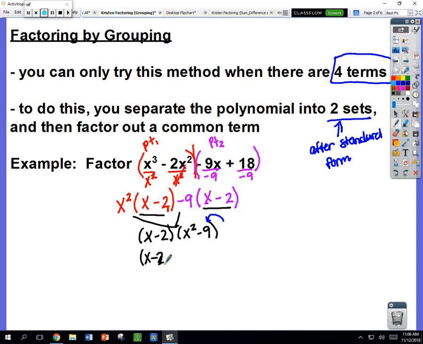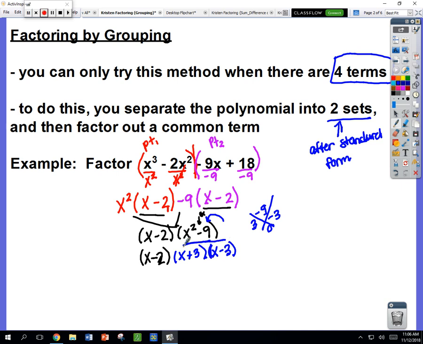So I'm going to check. It's missing the b term, so I'm going to put a 0x in the middle. So I need to try to find what multiplies to give me negative 9 and adds to give me 0, and that would be positive 3 and negative 3. So actually, this one becomes x plus 3, x minus 3,